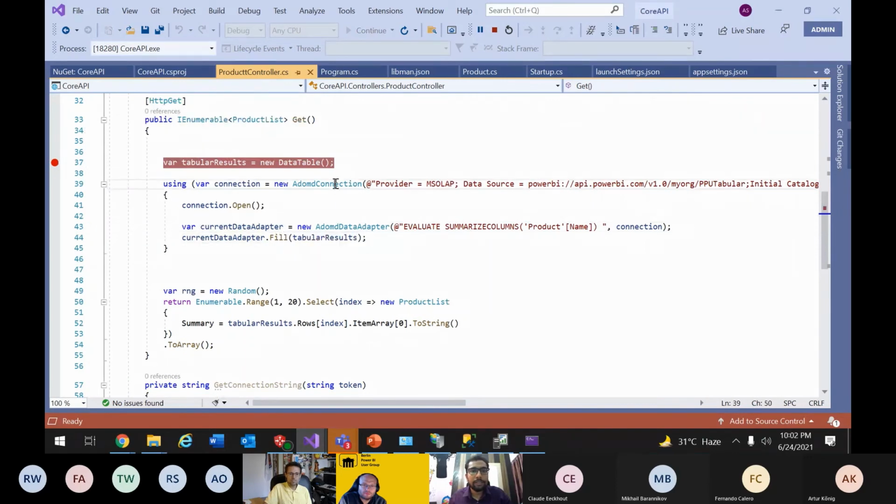That is, for instance, ADOMD establishing a connection, the ADOMD data adapter. So this is general .NET code that you write for ADOMD libraries, classically written for accessing SQL Server as well. This is how you connect to them, and then you execute queries and get back the data in any